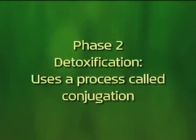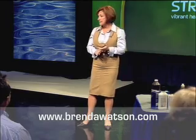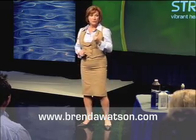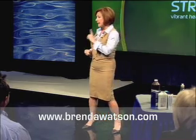Phase 2 involves a process called conjugation, and that's just a big word for joining things together. It uses amino acids like glutathione, glycine, and taurine, and other nutrients like sulfur to attach to the toxin and help transport them out of the body. Phase 2 is a much more complicated process. It has the ability, as best it can, to make fat-soluble toxins into water-soluble forms so that they can be